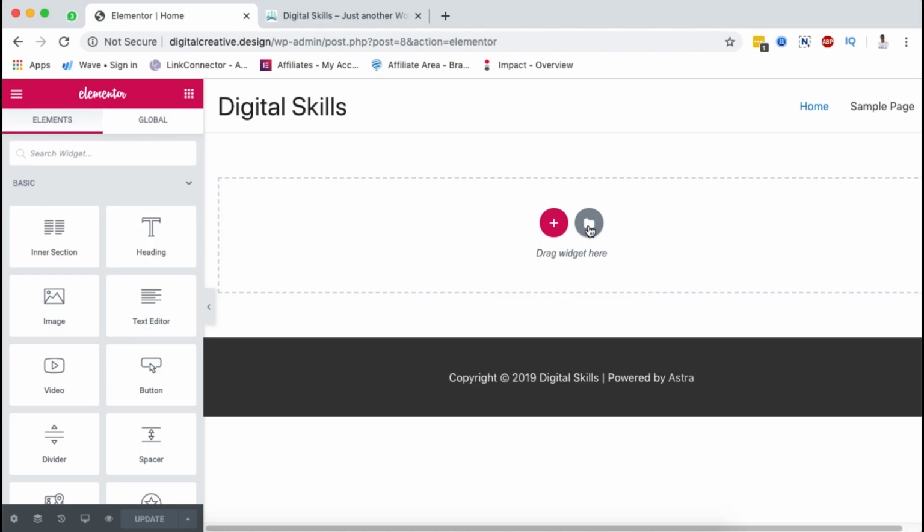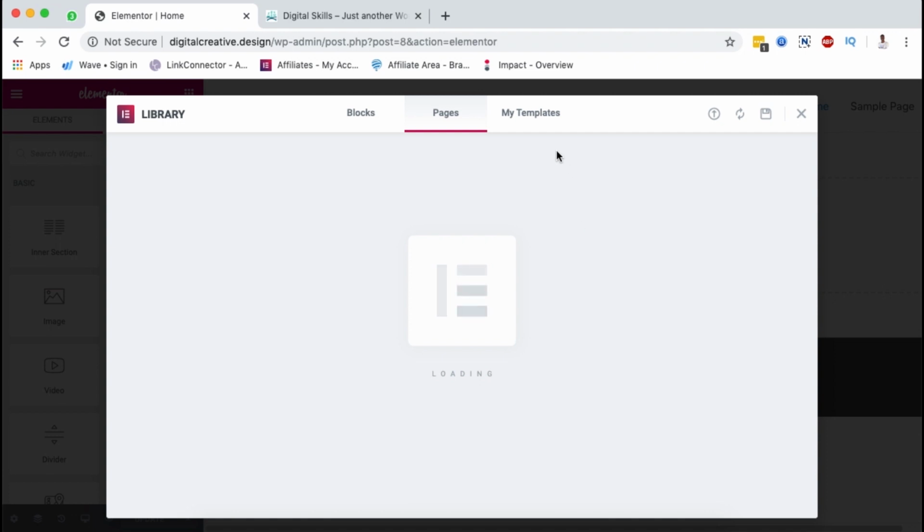Now when you are creating using Elementor, Elementor comes bundled with free templates and also pro templates if you go in and purchase the pro version of Elementor, which has more extensive features. However, in this tutorial, I'm going to show you how you can create your homepage using the free page templates using Elementor, and some we're actually going to create from scratch. So to use the free templates from Elementor, you simply just have to click over here on the folder